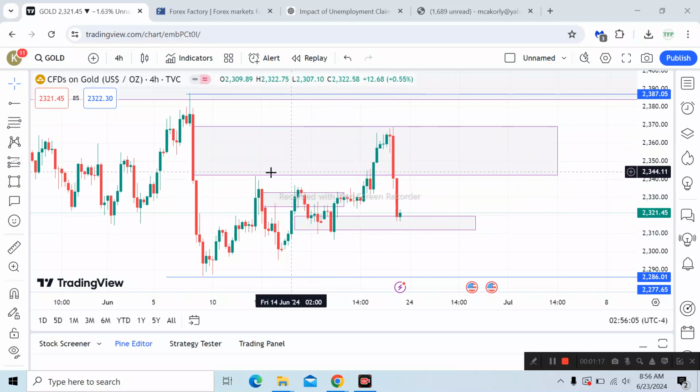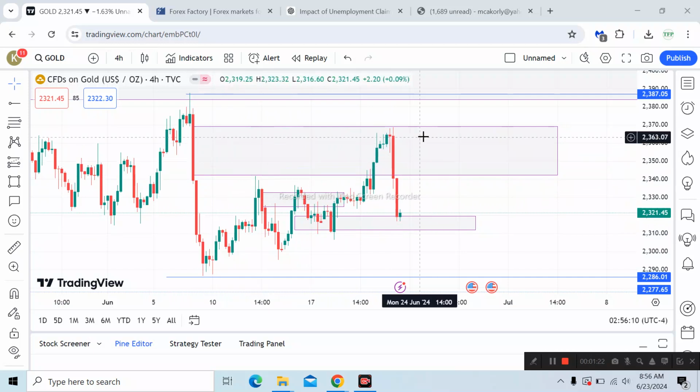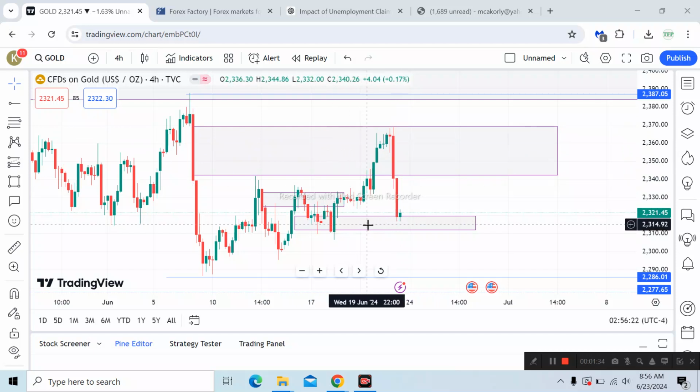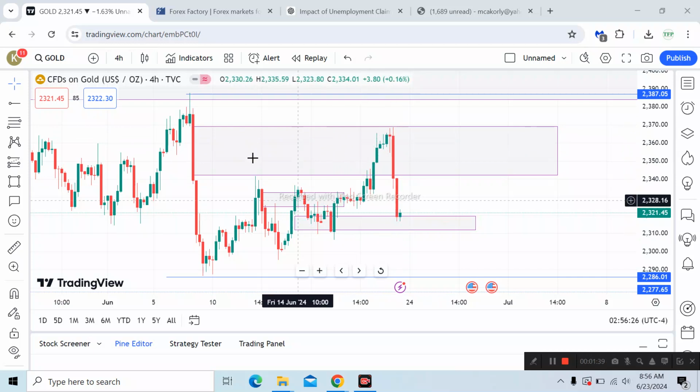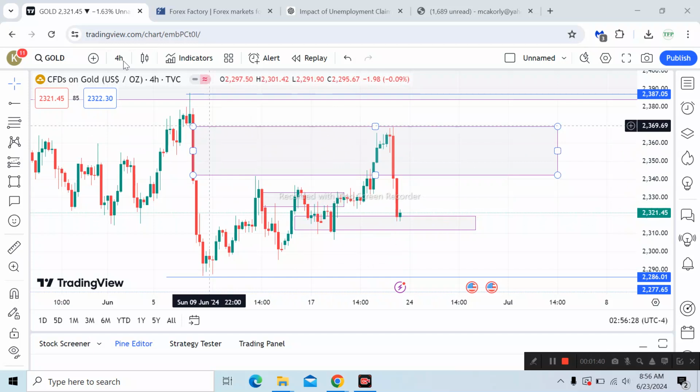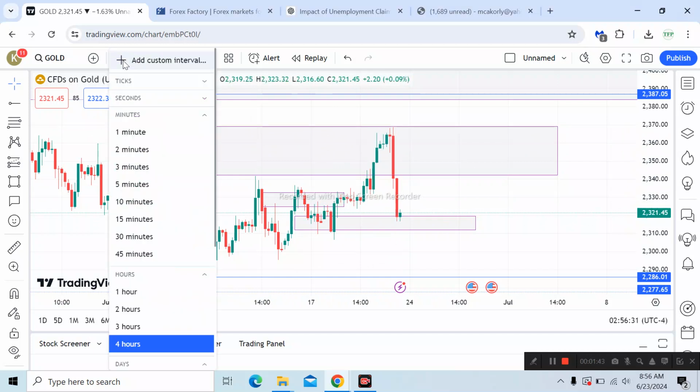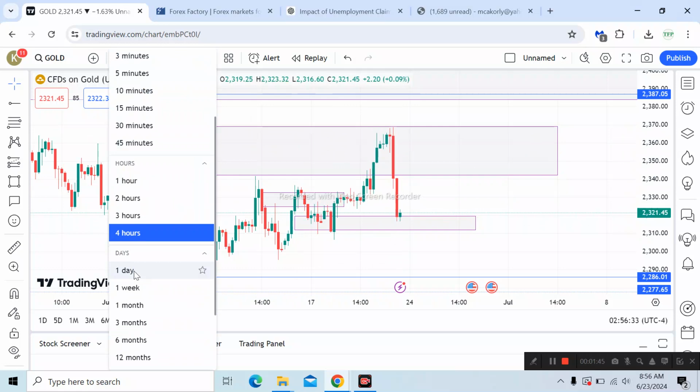So price has played out from the lower time frames, and now price is reacting to this 4 hour imbalance. Price has reacted to this 4 hour imbalance, and it's coming back to break that imbalance it created again. So when we move to our higher time frames, let's say the daily,